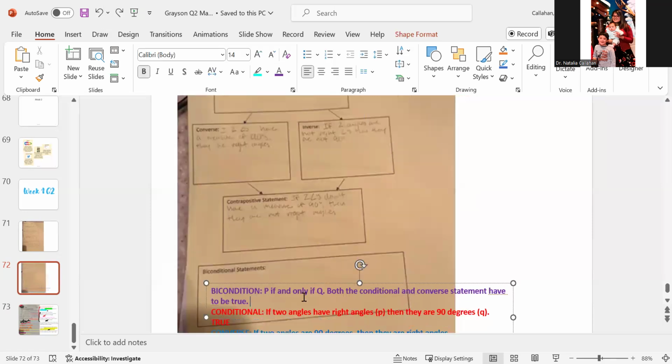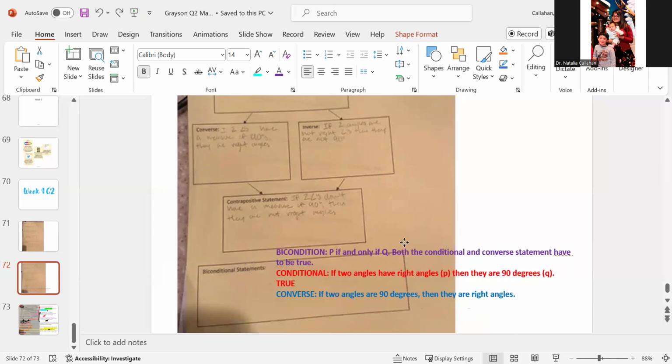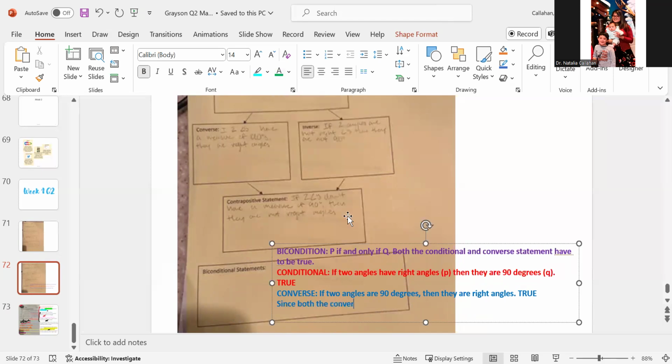So what about the converse? If two angles are 90 degrees, then they are right angles. That's also true. Since both are true, on the bottom we're going to write,